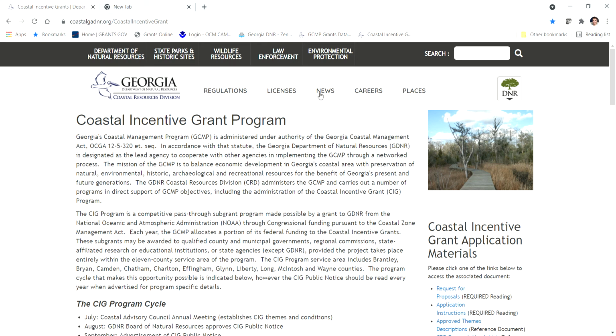Hello everyone. Today I'm going to go through the submission portal for the Coastal Incentive Grant pre-application submission. Before we go to the portal, I'd like to remind everyone of what is available on our website,